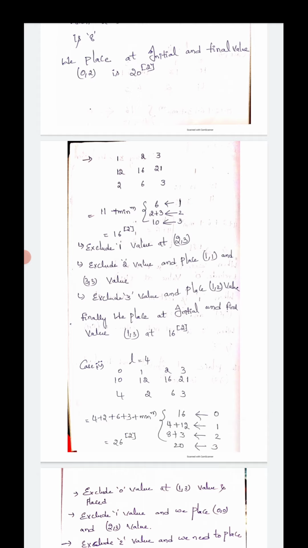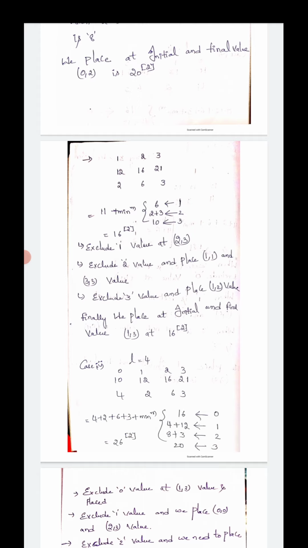Which one is the minimum? 12 is the value, I made a mistake, ma, not 6 here. 12, amma. All of you write down 12. 12 and 2 plus 3, how much? 5, and the remaining 10. 12, 5, 10. Which one is minimum? 5 is the minimum. Now I have to add it.